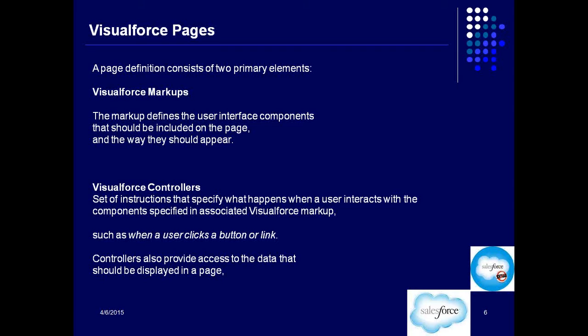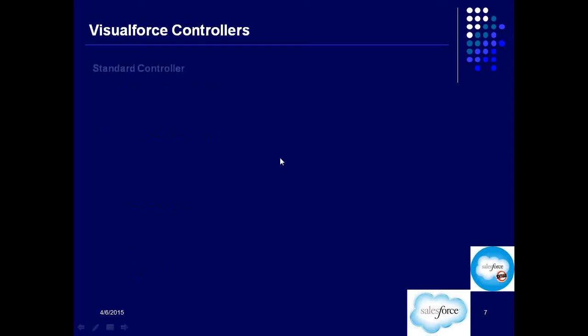So which data is allowed to that page? Here it's not controlling who views what data. Who views what data is primarily done in OWD, organization wide default. But here we control what data comes onto that page. Let's say you have created a page for displaying all the accounts from the energy industry. What data should come into that? Only the accounts which have industry equals energy, nothing else. That is something which is controlled using the controller. So we understand two primary elements for Visualforce pages.